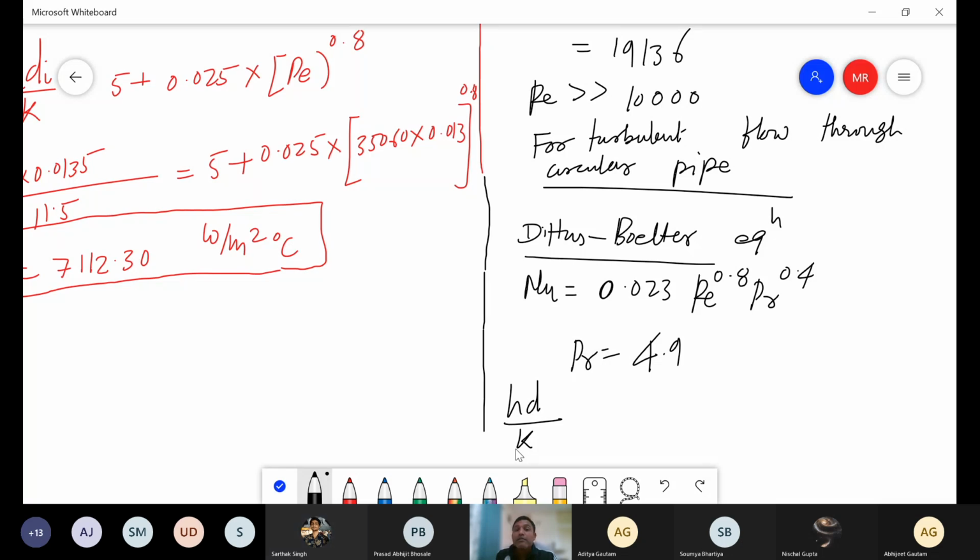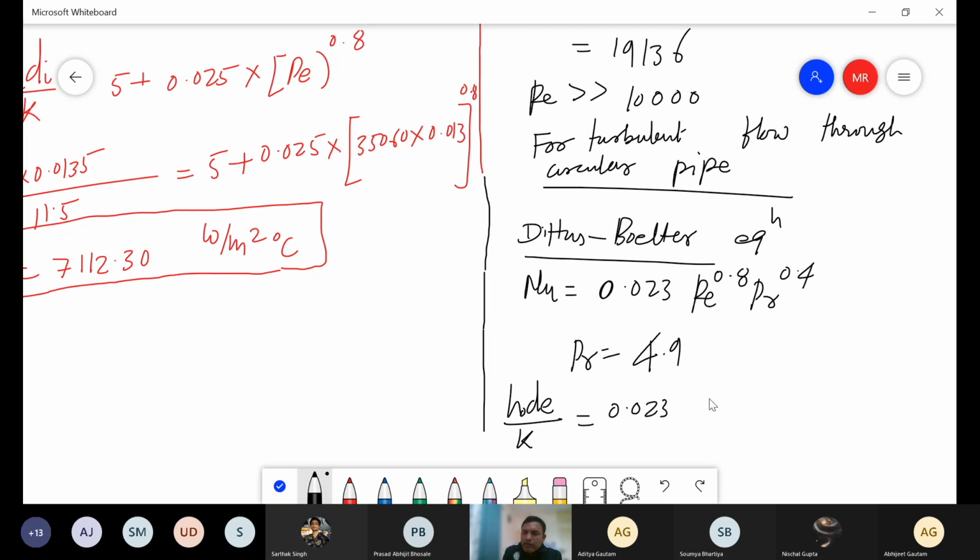Effective diameter. Which diameter? Equivalent one. Will it be an equivalent diameter or will it be the normal? It will be an equivalent diameter in this case, isn't it? So this will be DE and this will be H0. Okay, and this should be equal to